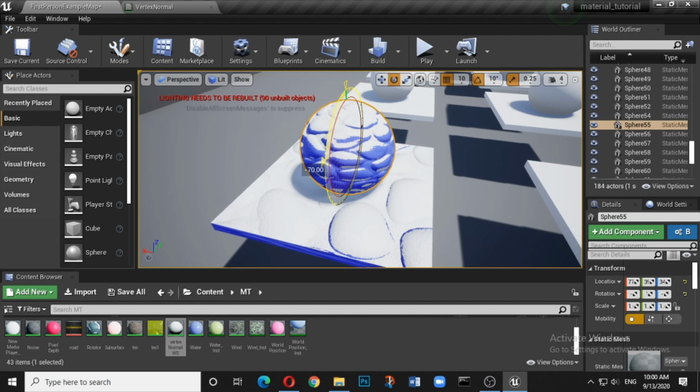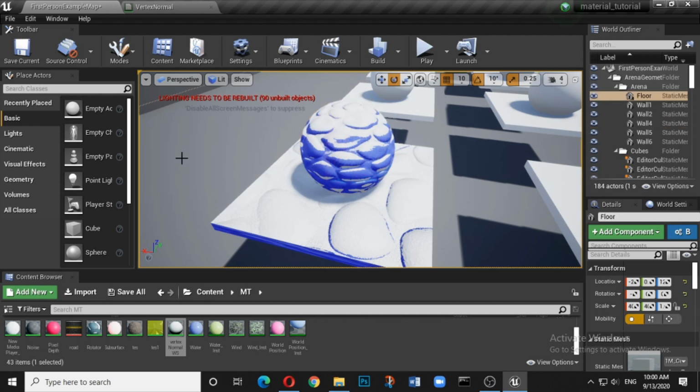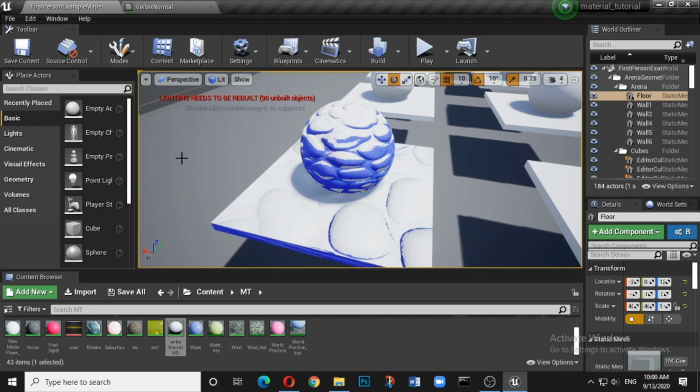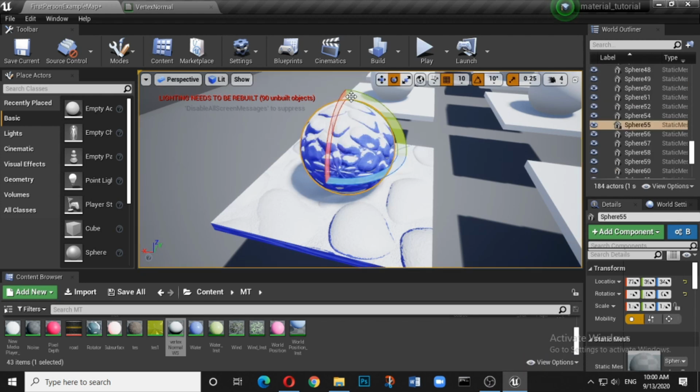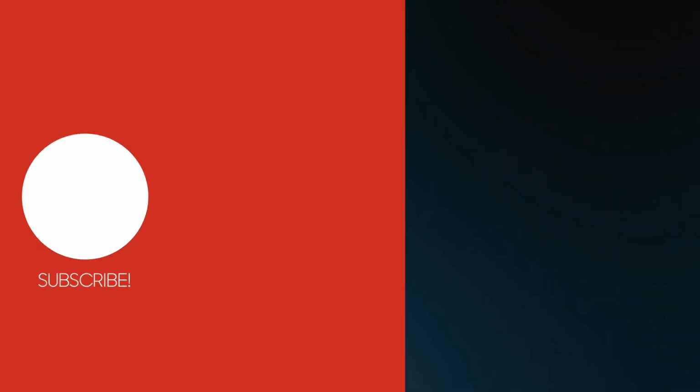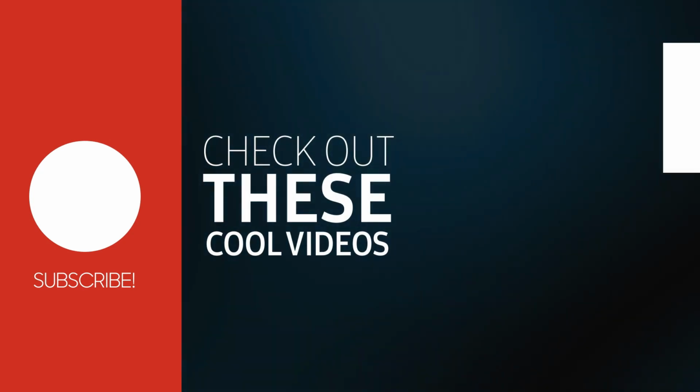So the best application of this is if you want to have something which is always on top of other materials or other textures, something like ice on a rock or a hill, or maybe dust on a table. Let us suppose if you change the orientation of the table, the dust remains on the top of it. Or if you change the orientation of the rock, the ice remains on the top of the rock, whatever the shape or size it is. Fine. So this was all about the vertex normal.